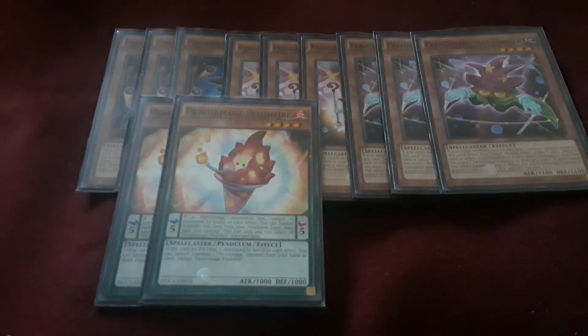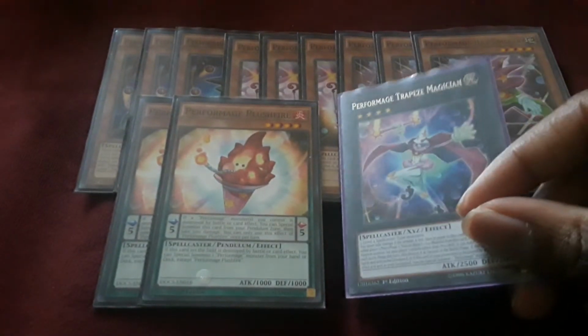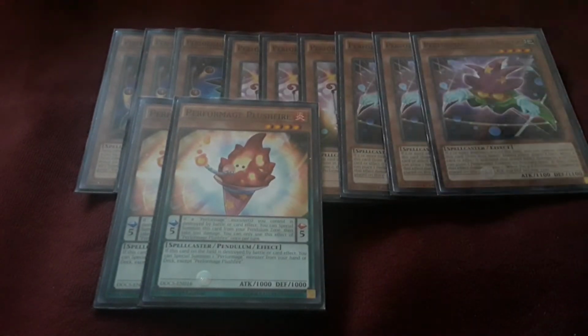In combination with Trapeze Magician, oh, let me grab that. Trapeze Magician, in its effect, if you can have Trapeze Magician already on the field, then Damage Juggler's 500 points damage is pretty much null and void. Then on top of that,